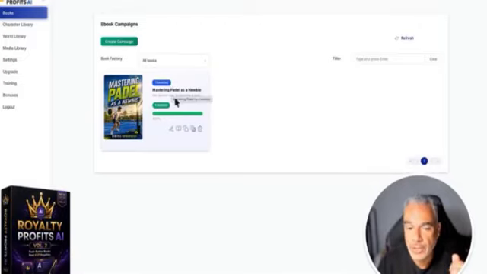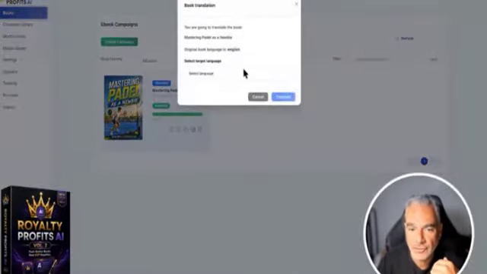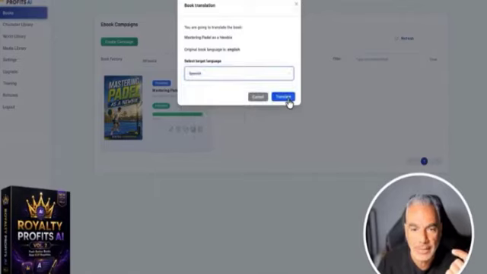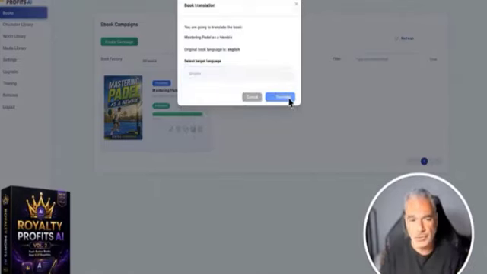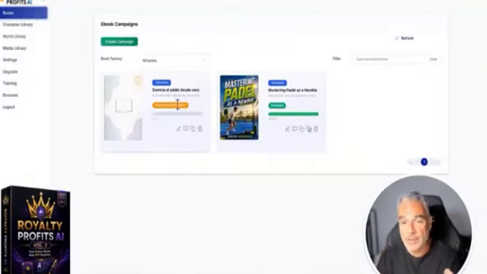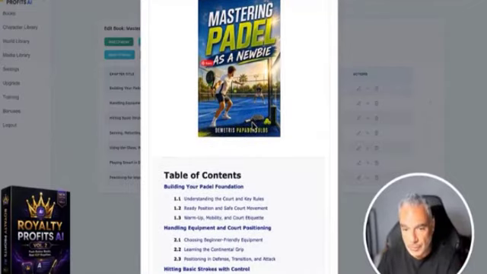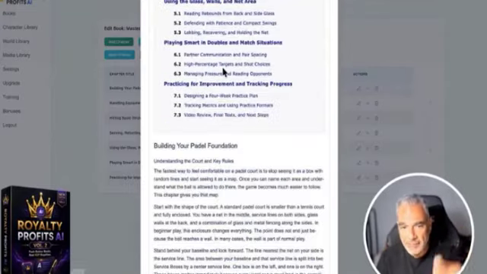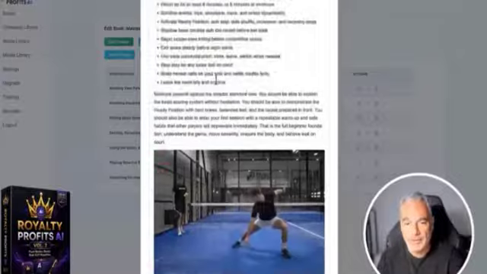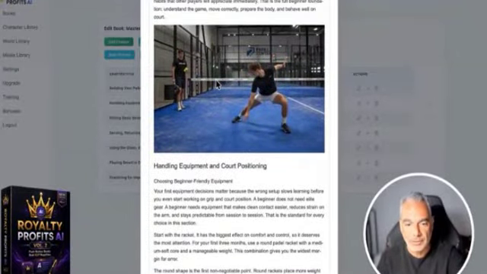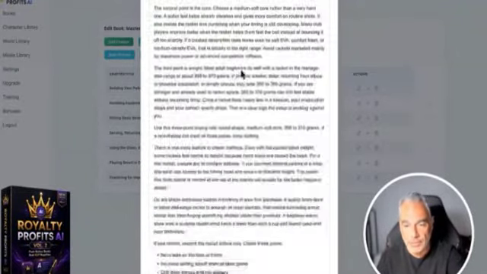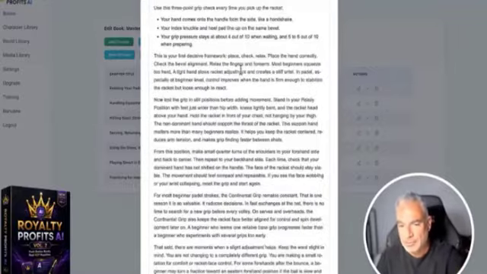Now, before I continue, the cool thing is that I can take this and actually create another language. Let's do Spanish. Padel is huge in Spain, so maybe take advantage of the Spanish market of newbies over there. Right now, it's starting another book in Spanish because I told it to translate this. I can come into my preview and I have my cover, a beautiful cover, my author name, and then it gives you all the information. And there'll be images in there as well. Here are some realistic images. Look at this, how cool is that? Those are photorealistic images that have been created for my book.